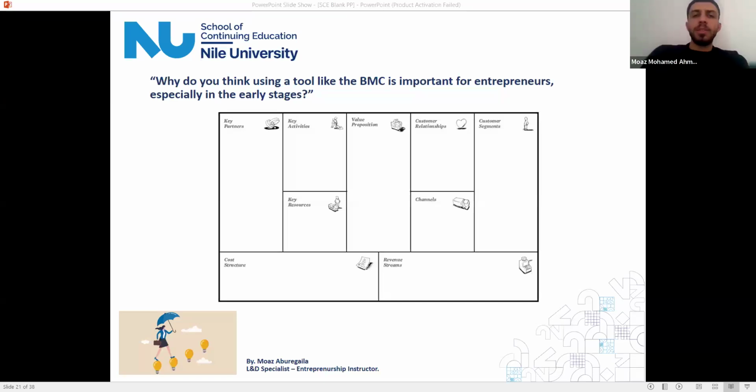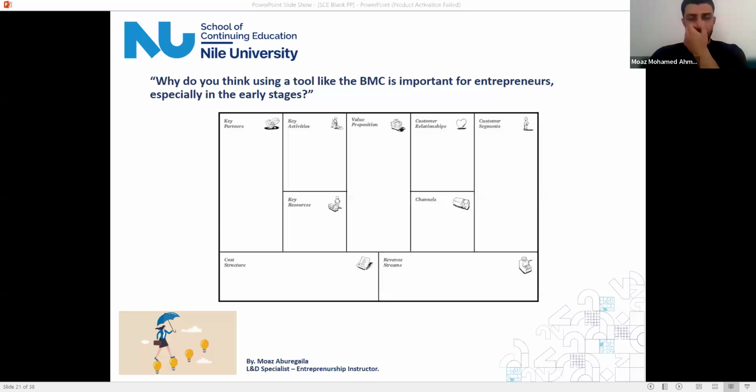By using the business model canvas, you can test and validate your business idea without having to develop an entire business plan first. It's an agile, flexible approach that allows you to iterate and adjust based on